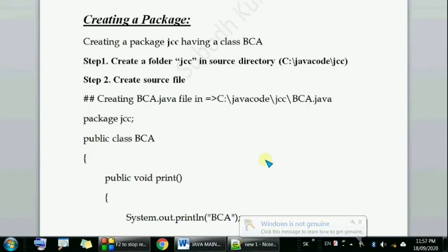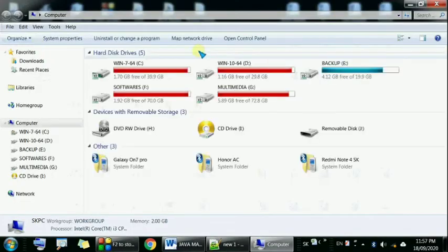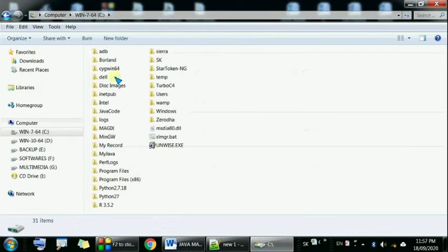Now I am showing the program for creating and using the package. First of all we have to create a directory named JCC in my working Java directory, that is Java code. So open C drive, then the Java code folder.